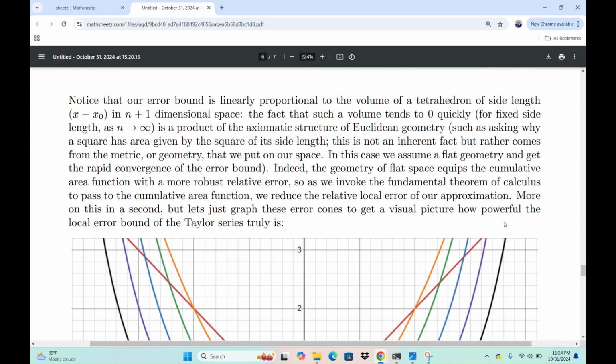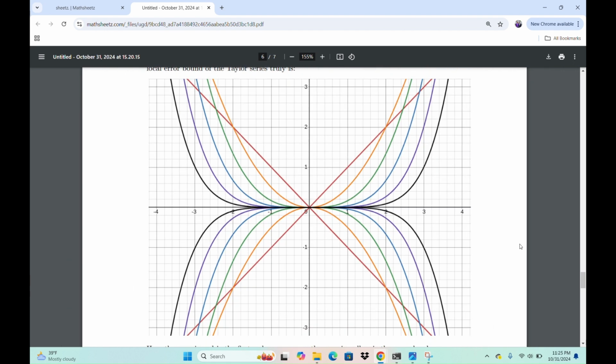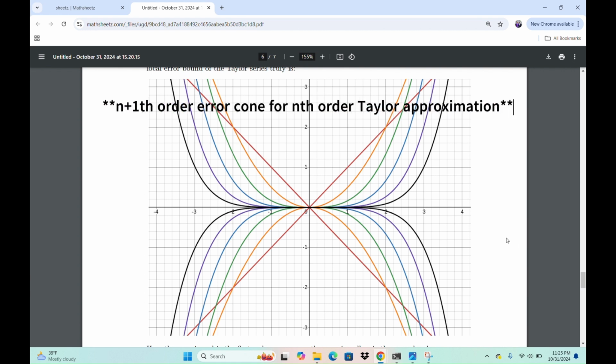And what does that look like when the error cone collapses? Looks something like this. This is a visual representation of each error cone. As I integrate each error cone, you can see as I move down the rainbow here, from red as a first order approximation, first order cone of slope 1 with the Taylor series. Now if I integrate that cone, I get a quadratic cone. So this is the error cone of order 2. Now the green cone is error cone of order 3, and so forth. Blue is order 4, purple is order 5, and black is order 6. Ran out of color, so I couldn't do any more. But you can kind of see how the error cones are collapsing.